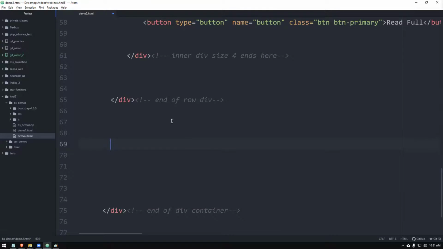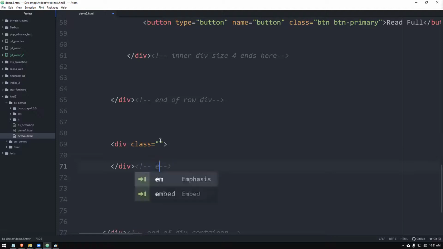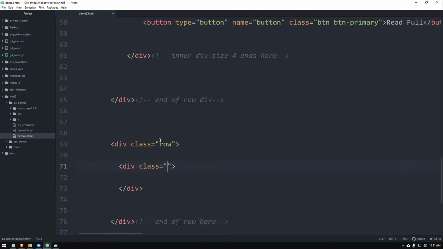After my last row, I'm creating another new row here. Okay, make sure that I add the end part, end of row here. So I will say row. Inside that, I can create div. Let's say call LG.